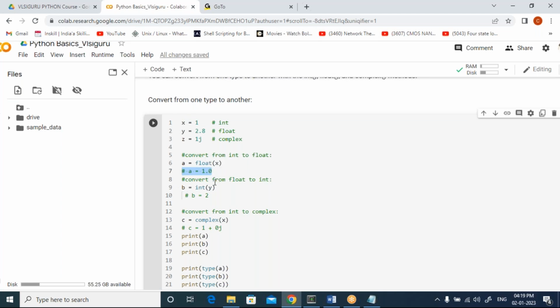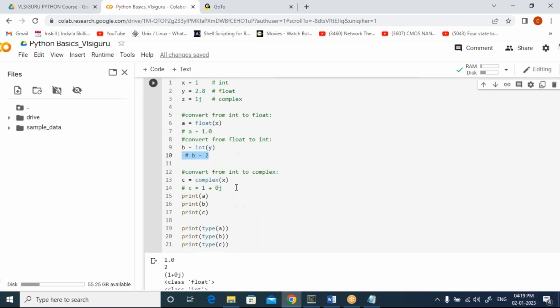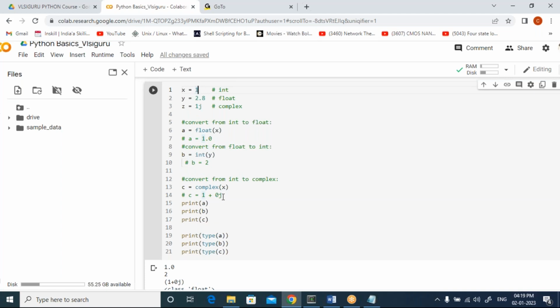So converting from float to integer, that is b, I am taking variable b is equal to int of y. Now it will give the output as 2. Converting float to integer. Now converting integer into a complex number, use the keyword complex. c is equal to complex of x. Therefore, it will give the complex of x, which is nothing but real part 1 and imaginary part 0,